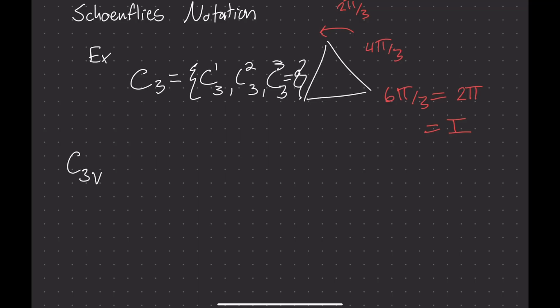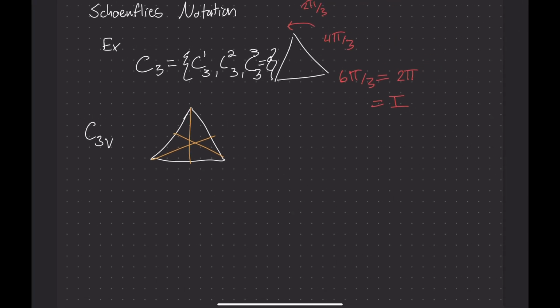So now, in addition to considering the rotations of the group above, we're also going to consider that you're allowed to mirror now. And so in addition to the rotations, there's mirrors. So how do you write that out? So C3V. Start the same way